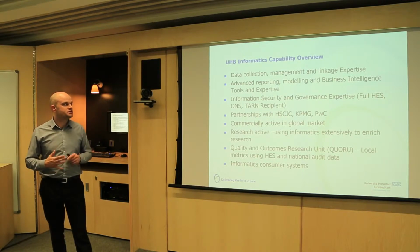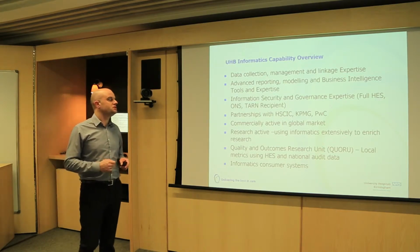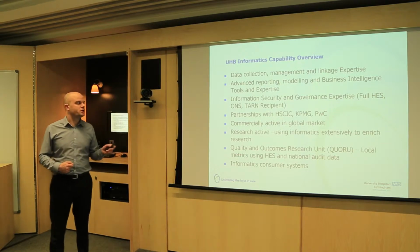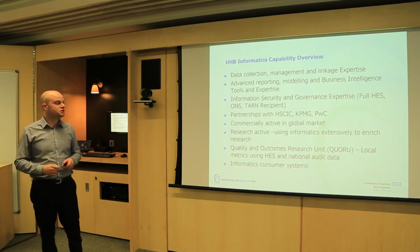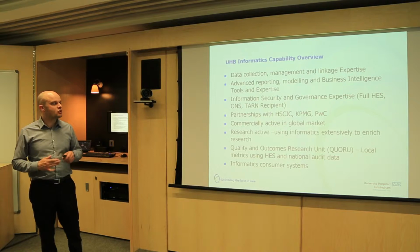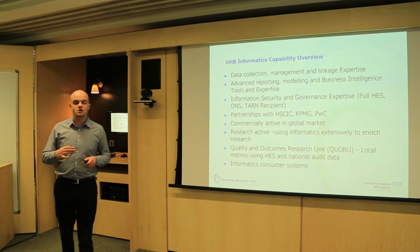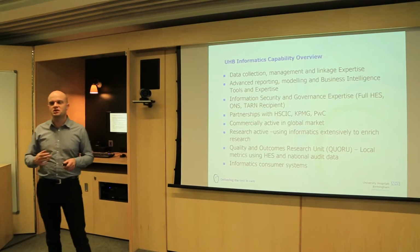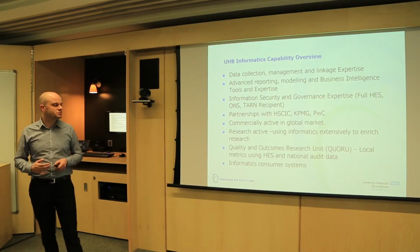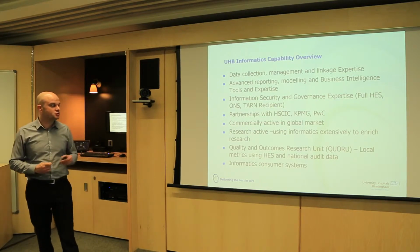We do a lot of work with information security and governance. We develop partnerships with HSCIC and partnerships in the private sector as well, such as KPMG, especially when we're developing our benchmarking tool. We're heavily research active, and I'll show you a couple of tools that we're using at the moment. And we have our own quality and outcomes research unit, which is all about developing local indicators using the data systems at UHB to be able to provide clinicians with meaningful insight into what's happening in their service or their specialty. And as well, I'll show you later the informatics consumer systems, one such would be My Health